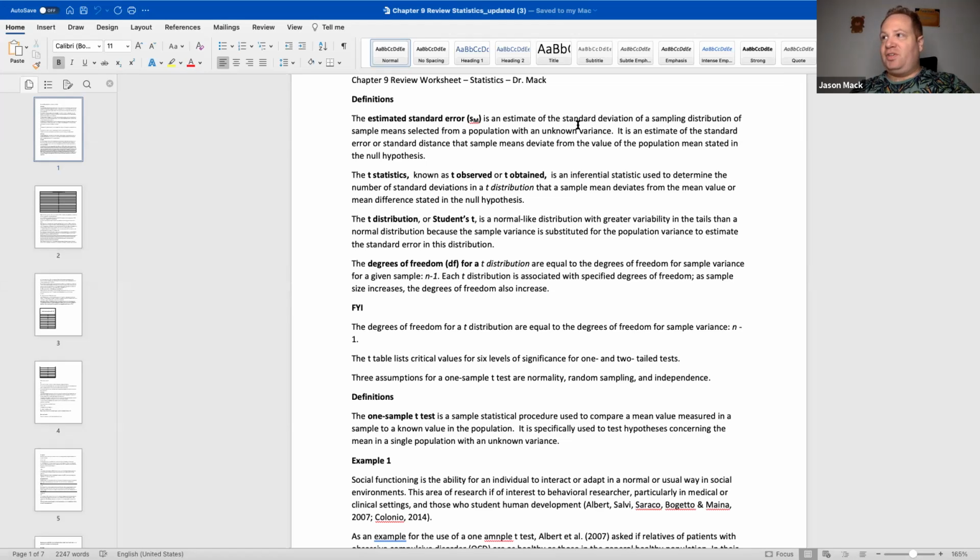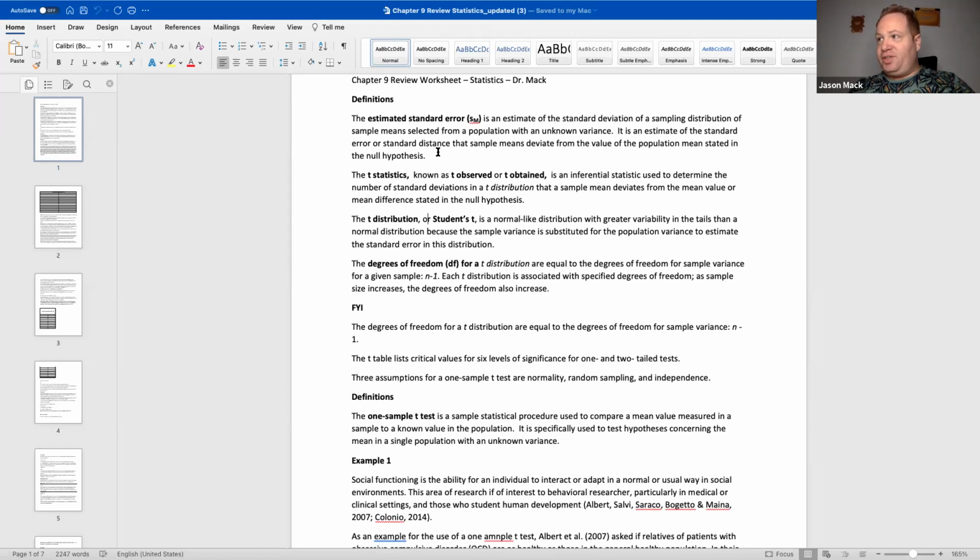It is an estimate of the standard error, or standard distance, that sample means deviate from the value of the population mean stated in the null hypothesis. The t-statistic, known as t-observed or t-obtained, is an inferential statistic used to determine the number of standard deviations in a t-distribution that a sample mean deviates from the mean value or mean difference stated in the null